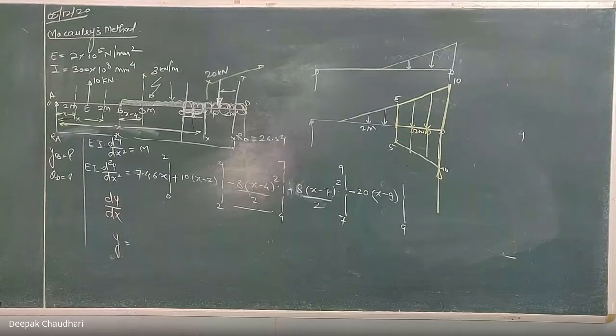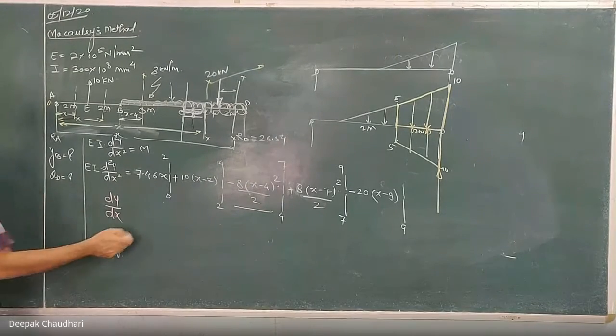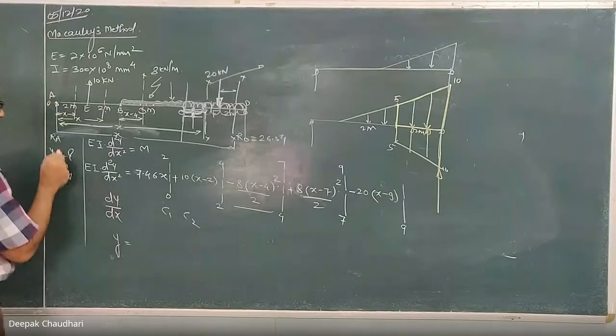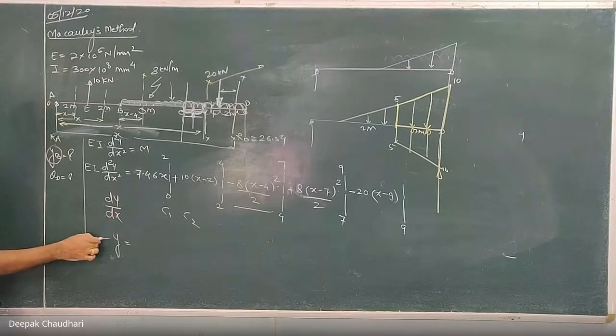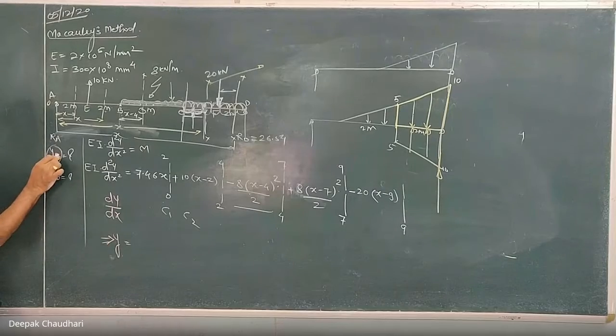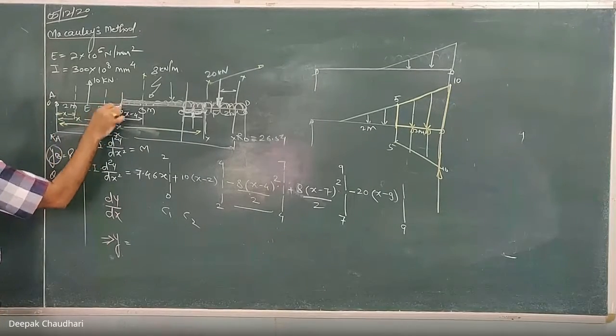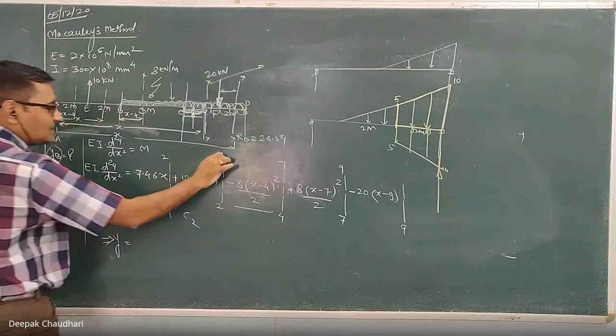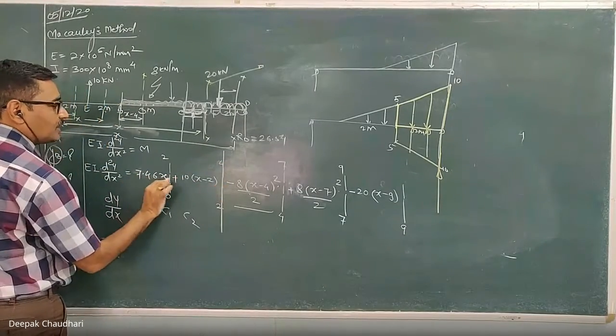Any doubt? The remaining part you have to solve. It is exactly similar to the previous question, what we solved yesterday. After integration you will get the constants of integration; use boundary conditions to get them, and once you get the general equations of slope and deflection with constants C1 and C2, to calculate the deflection YB at point B, use the deflection equation. Since B means at x equal to 4, you have to use the equation up to 4 meter and substitute x equal to 4.